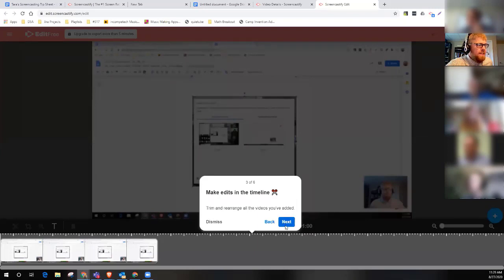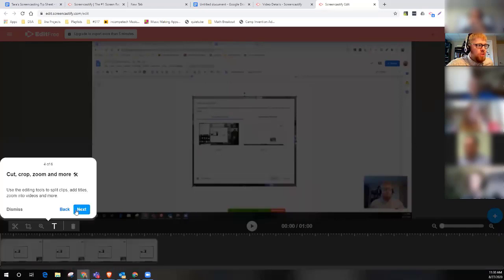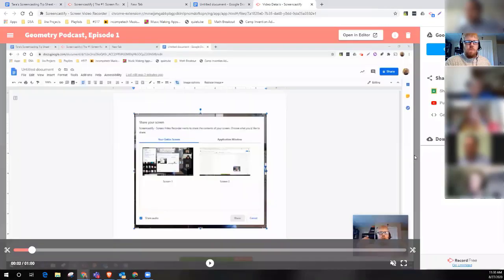You can make edits in the timeline. You can chunk things out. If you sneeze in the middle, there's a way that you can clip all that out. Like I said, if you're getting into doing too much of this stuff, we're not going to have time for it, especially early. So I would say get used to doing one-take stuff.